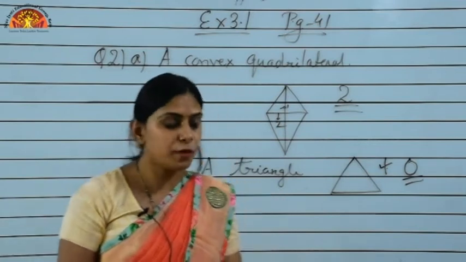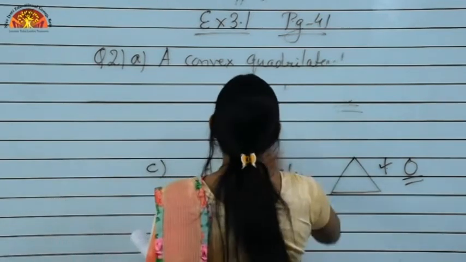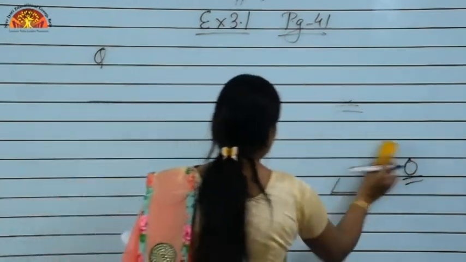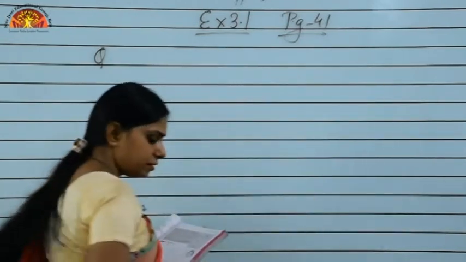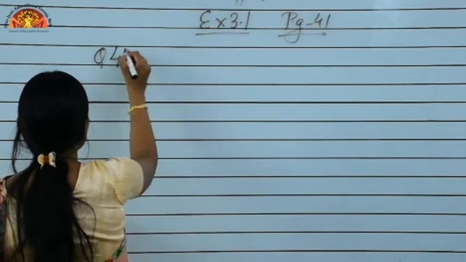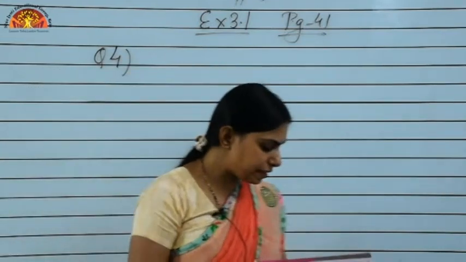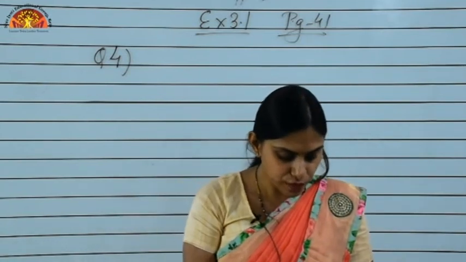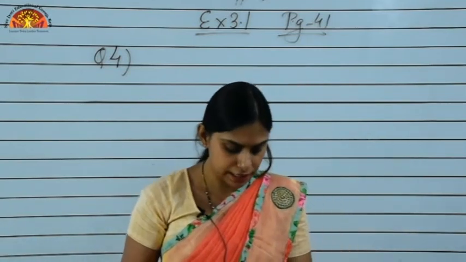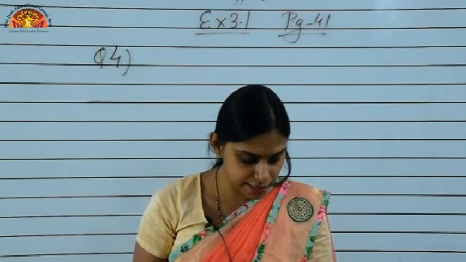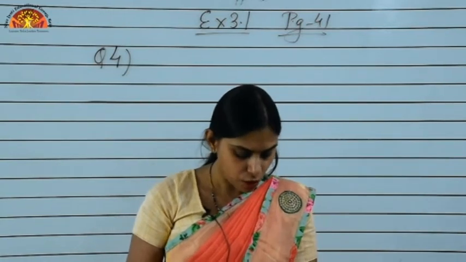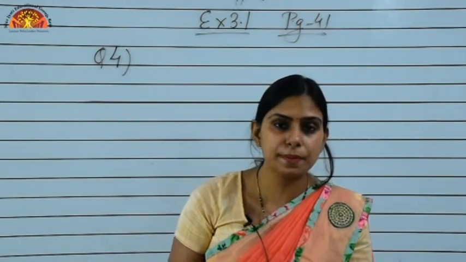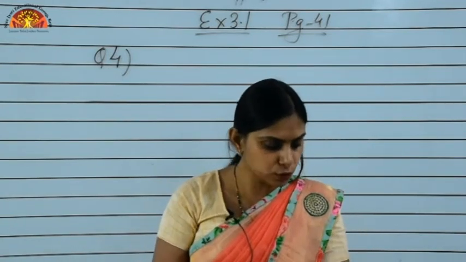Now children, just move to the next question, that is question number 4. Please go through the question. Now just see what is given in there. Examine the table. Each figure is divided into triangles and the sum of the angles deduced from that. Now some figures are given and the side and the angle sum have been given to you. Now what you have to do?